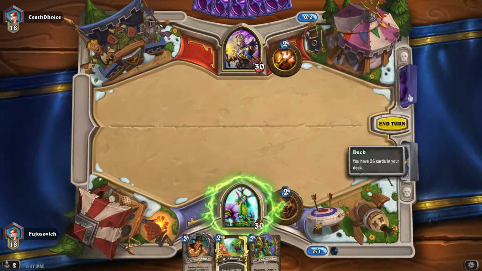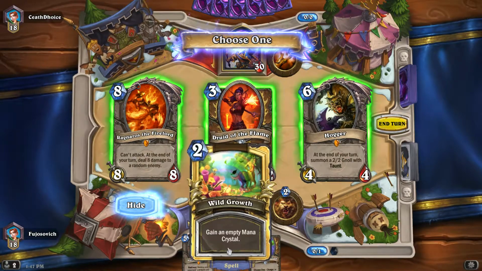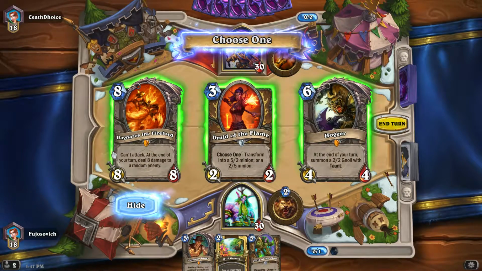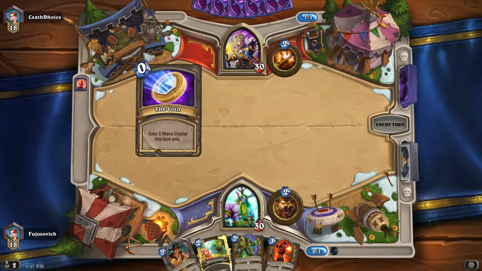Yeah, we're taking a minion here. I don't think there's any reason to take anything else. Hogger and Ragnaros are both cool, but oh wait, this is on 2, gonna ramp me to 4 the following turn. I guess I still have to take the low mana card, even though the other two are way more cool and way more fun, especially Hogger. Well, yeah, Hogger definitely wins the fun. And Ragnaros might just be...